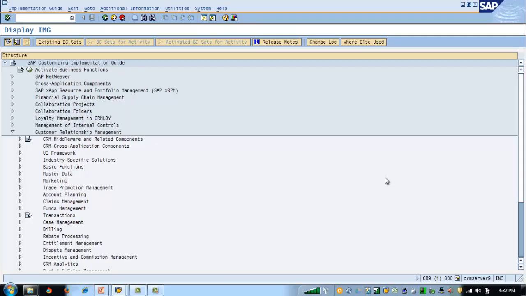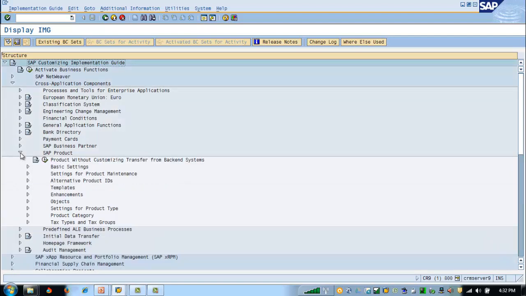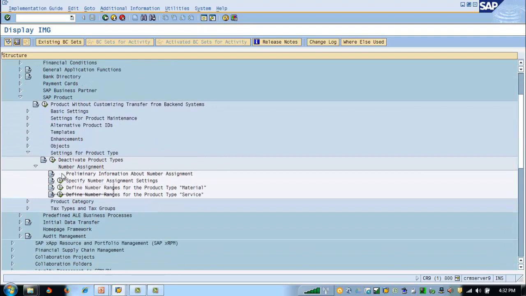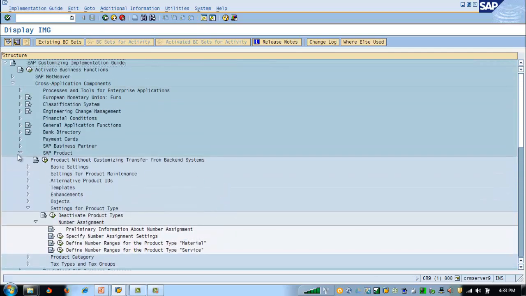In my SPRO, I have to go to cross application components, SAP product, and then settings for product type. Over here I will see a node, number assignment. So you can see I can do the number assignment for material and service in the cross application components, and for the remaining products I have to go to